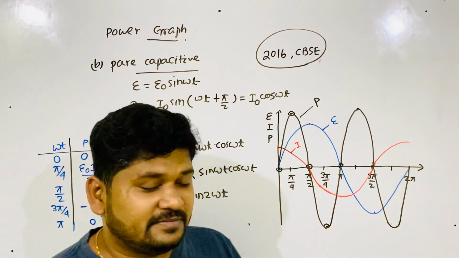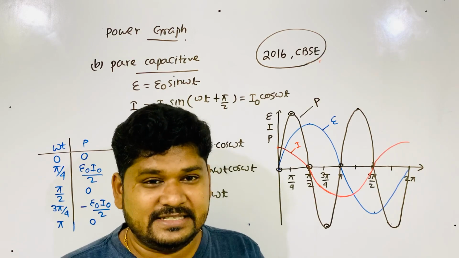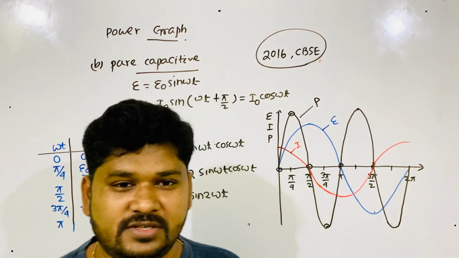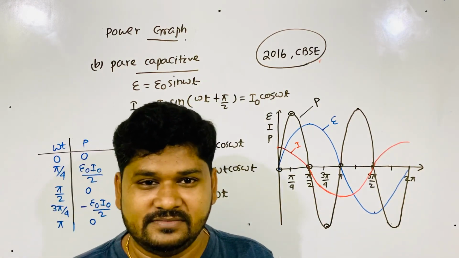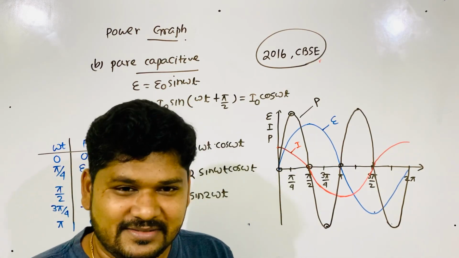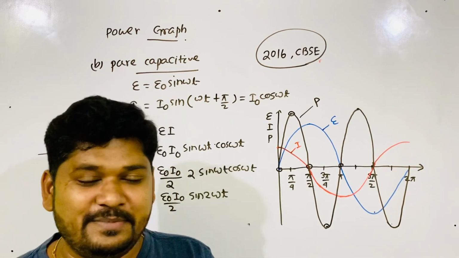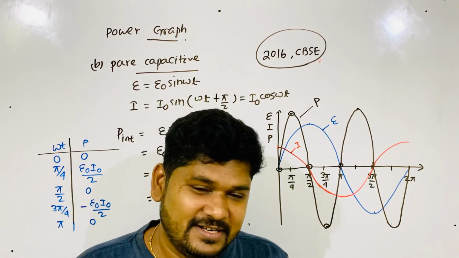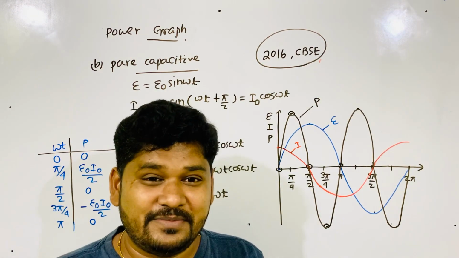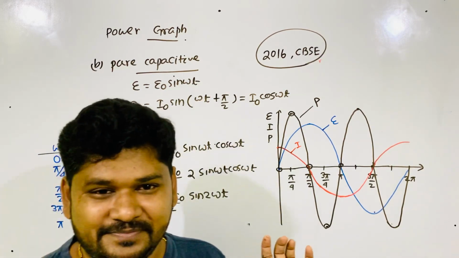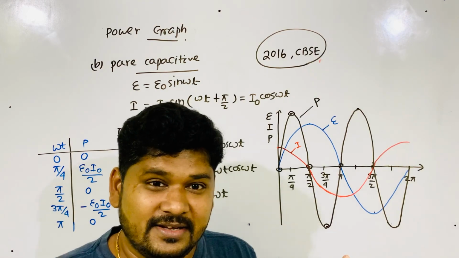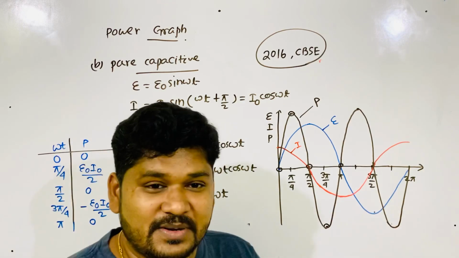The graph is given and the question is asked here. For which circuit, for which device is this graph drawn? So now you are thinking, sir, it's very simple. For a capacitor it is drawn. If the answer is coming immediately to your mind, that's very good. But why is this answer immediately coming to your mind? Because you understood everything. But if you see this graph for the first time, you can't answer. You have to think about what this power graph is drawn for.